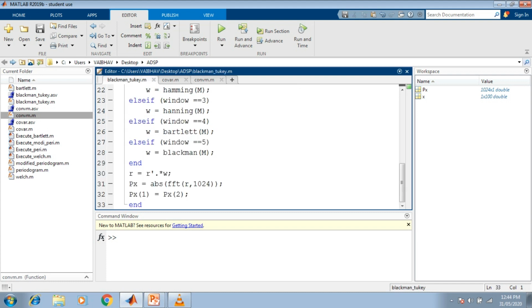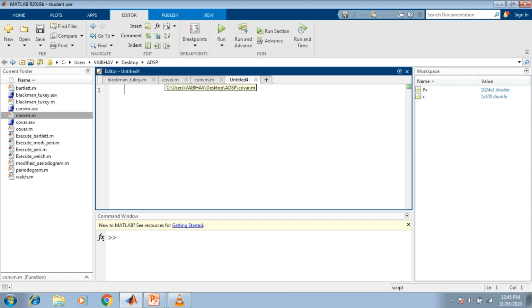Now we take another script, first for generation of the discrete time random process, to operate on it with the function we developed for the Blackman-Tukey approach, and finally to plot the input discrete time random process as well as the estimate of the power spectrum obtained by this method. So here we take the untitled script.